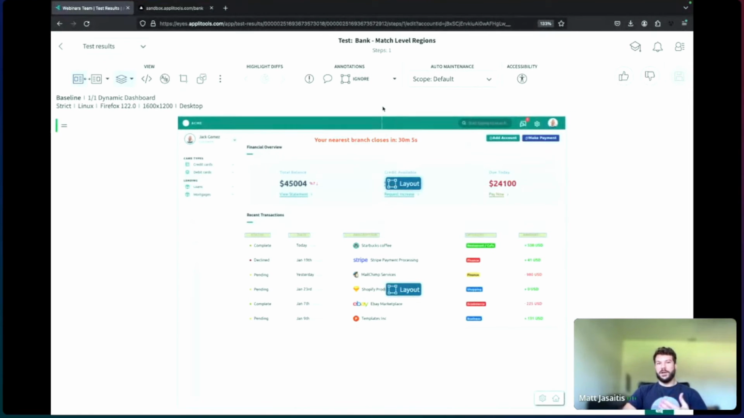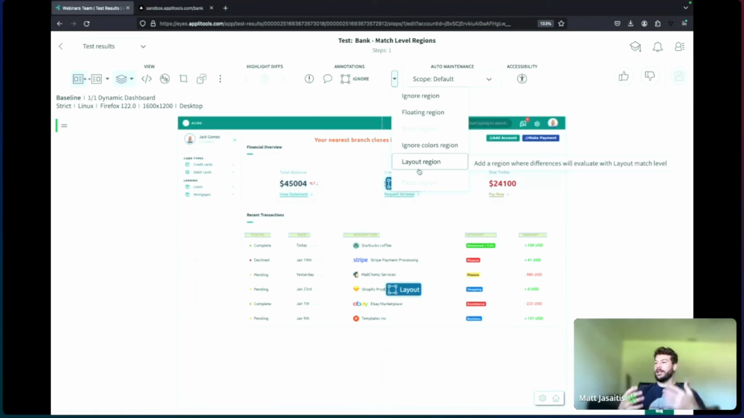As we saw earlier, we have regions for layout, which are more geared towards the content and validating the structure of the page. We have another algorithm called ignore colors region. Ignore colors will validate everything about an element. It'll validate the text, the size, everything else, but it will ignore any changes that are related to color. So like you said, if the background of this page changed to white or blue or was different based on the time of day,